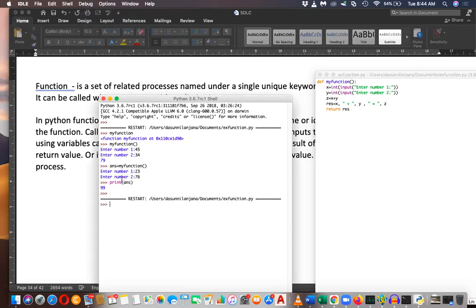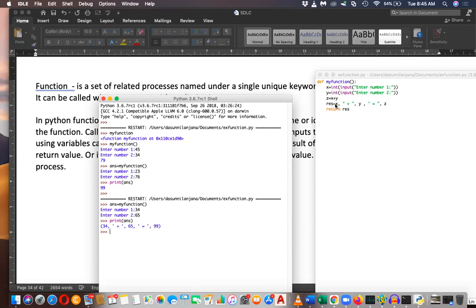So now it's more meaningful because if I run this function, answer my function, and enter number 1, enter number 2. Then if I ask print the answer, print ANS, you can see it's this one, 34 comma plus on. It's everything, right?